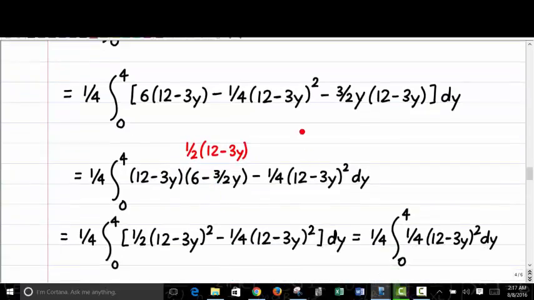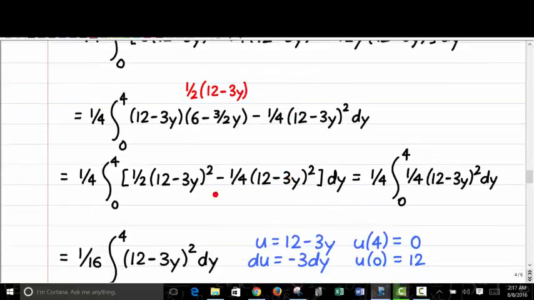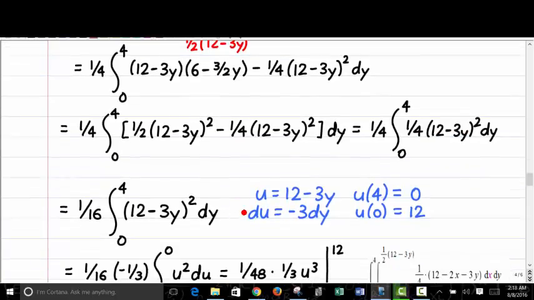So therefore, I wrote it as this, and you get 1/2 of (12 minus 3y) squared, and then you can combine it with the other 3 minus y squared. So half of something minus 1/4 of something equals 1/4 of something, and then integrate it from there. But you could obviously expand it out and work out each individual term. I would combine the like terms before I integrated, but